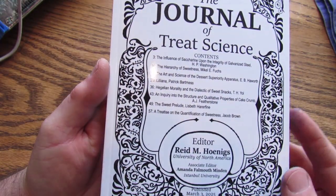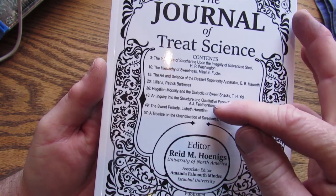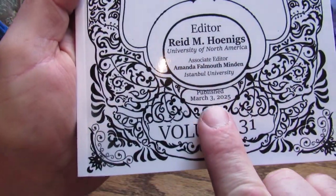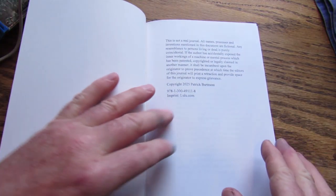The contents show that there are several other articles by esteemed scientists. A.J. Featherstone, one of the top scientists of treat science. Oh yeah, you'll see here. This is the date of publication. So in here,